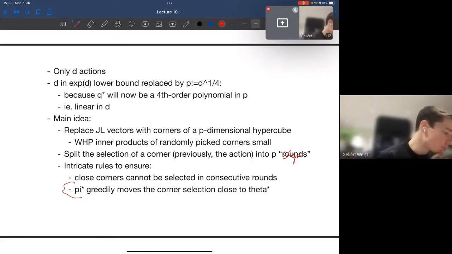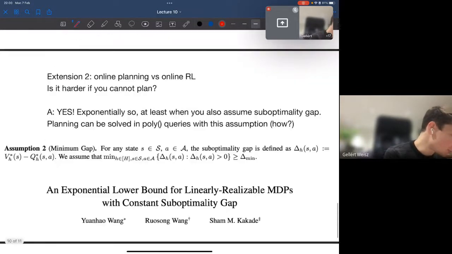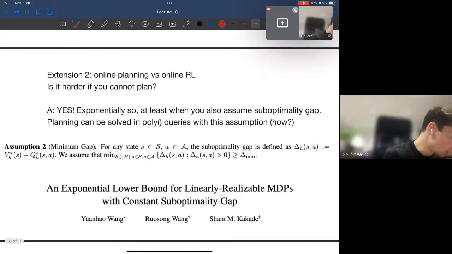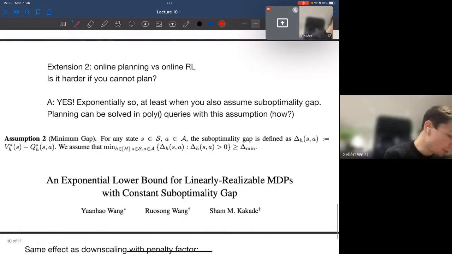Okay, I didn't want to talk more about this necessarily. And I guess we only have 20 minutes, so I don't even know if we have this extension 2. I guess just to go very quickly over this,